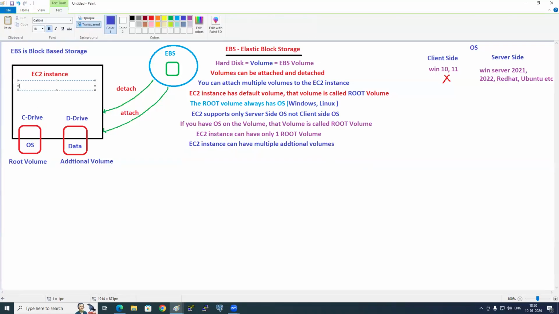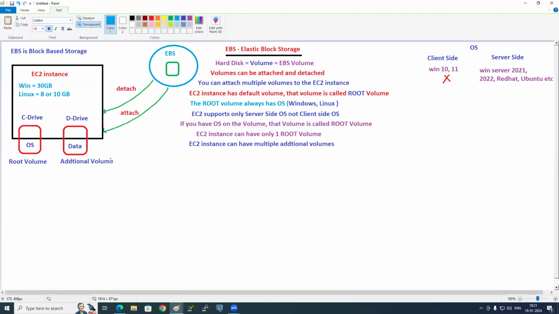Now the question here is, sir, we are attaching, but we have two types of operating systems, Windows and Linux. When you launch the EC2 instance, you will get a default volume. What volume is that? Root volume. But the question is how much size? Generally, if you purchase a laptop, how much is your C drive? 500 GB or 1 terabyte. But here, when you launch the EC2 instance, the default volume size, if it is Windows, you will get 30 GB. If it is Linux, you will get 8 or 10 GB.